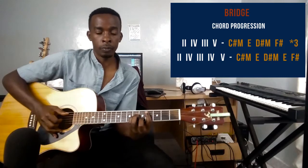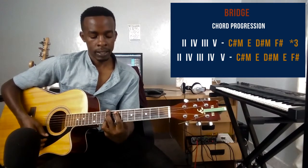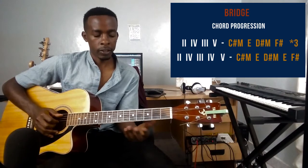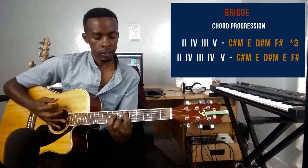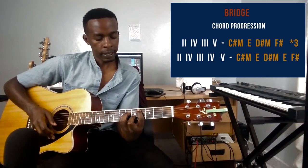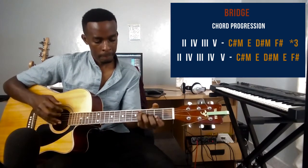and then I play E major chord and D sharp minor chord. This is a 3 chord. So this is 4 chord, E, D sharp minor chord, the 3 chord, and then 5. So you play that, I think, thrice. So C sharp minor, E, D sharp minor, F, C sharp minor, E, D sharp minor, F, C sharp minor, E major chord, D sharp, and then